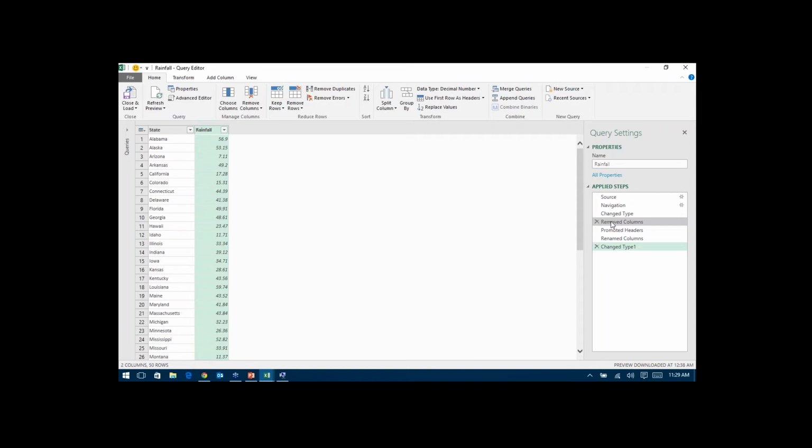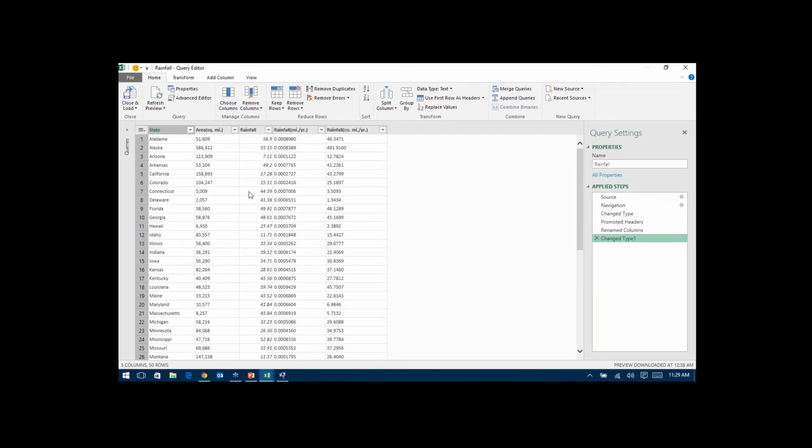So I decided I actually did want some of those columns. I made a mistake and I wanted one column that I deleted. I can come over here and click the little X. It's going to give a little warning message saying that you're about to delete this and it's going to break other things that you've done. And after I say okay, in this particular case I didn't reference any of those columns. I can add those columns all back in here very easily, but you'll see it kept all those other steps that I did in the interim.